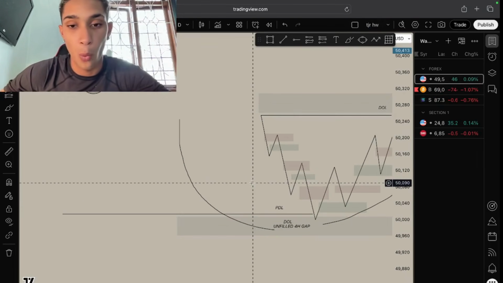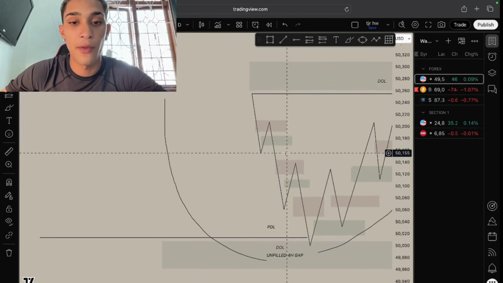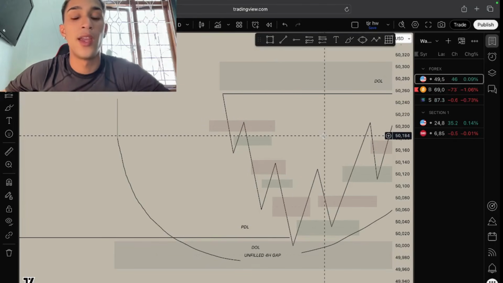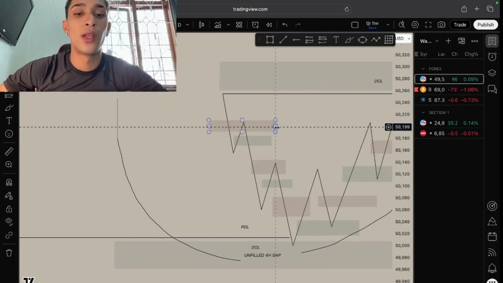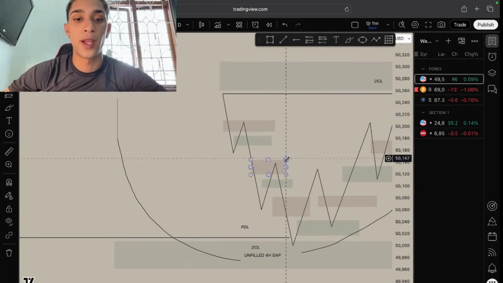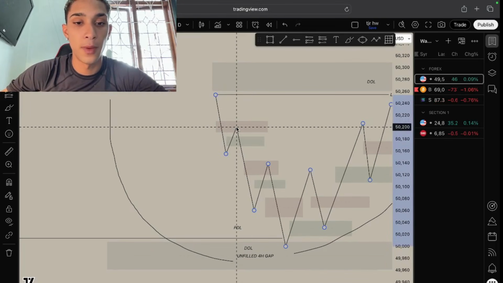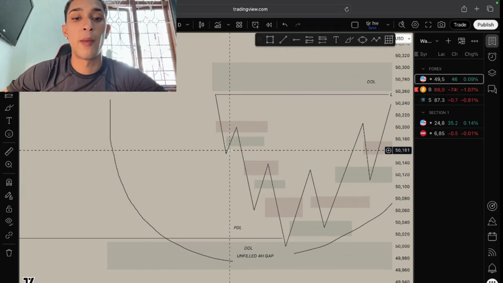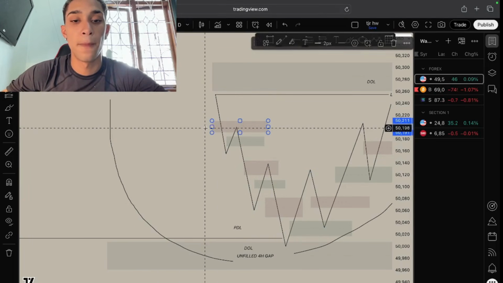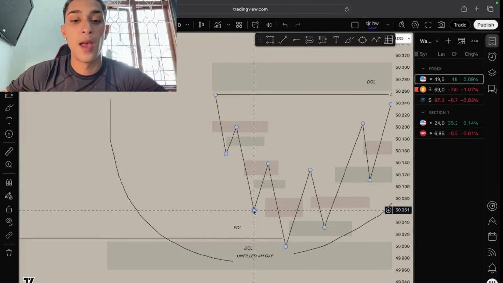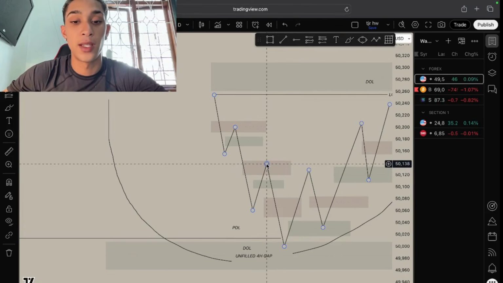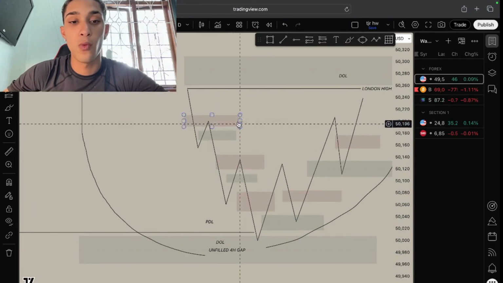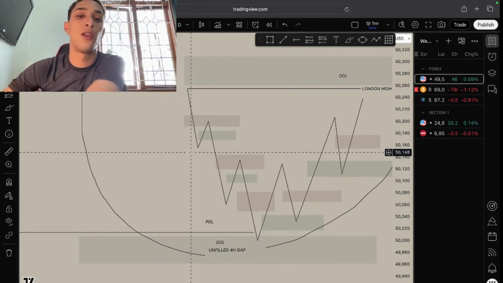And then secondly, what fair value gaps are we disrespecting? And what fair value gaps are we respecting? So in a sell model, in a market maker sell model, in a bearish market, what are we looking for? We're looking for bearish fair value gaps to be respected, aka tapped into, not closed past, and then traded back out of or used to go lower. We came up into this bearish fair value gap over here, pushed lower, came back into another bearish fair value gap here, didn't close past it, we stayed within it, and then pushed lower. Okay, that is what we are looking for in a market maker sell model,